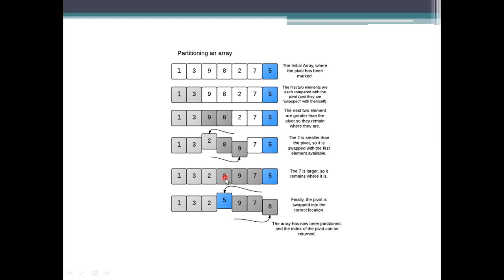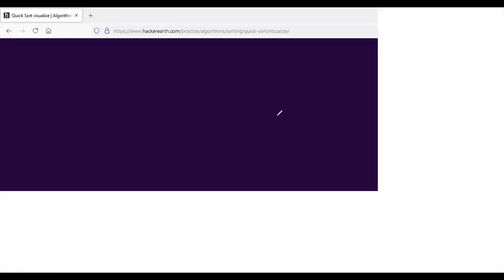The first value has been read now. So what we are doing is placing the pivot value in the middle, and we provide this as the partitioning of that presentation. And coming to another example, which is the visualization of that one. If you want to provide any set of values for the processing, you can provide these values.